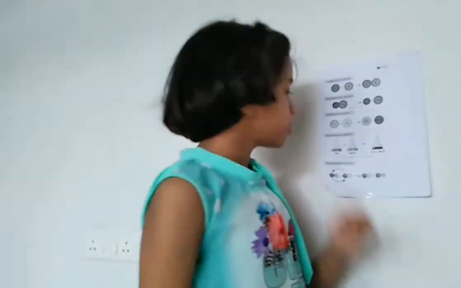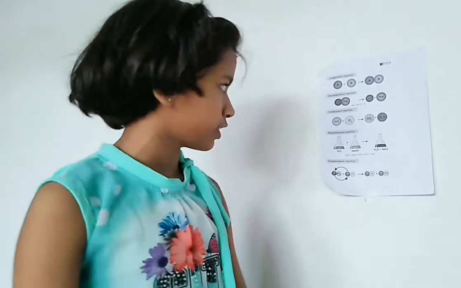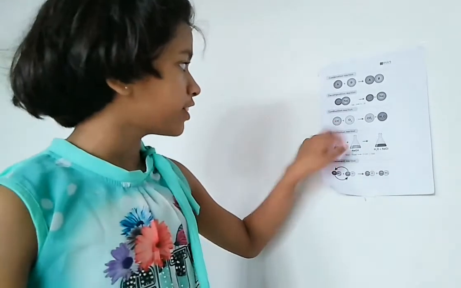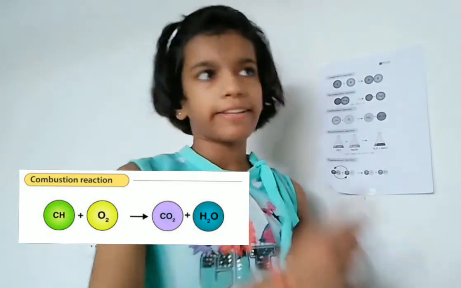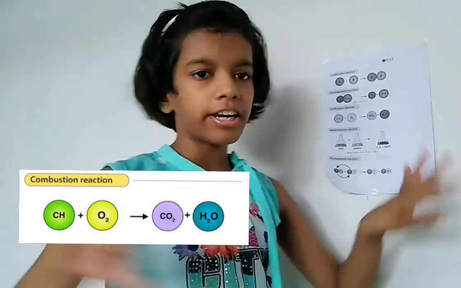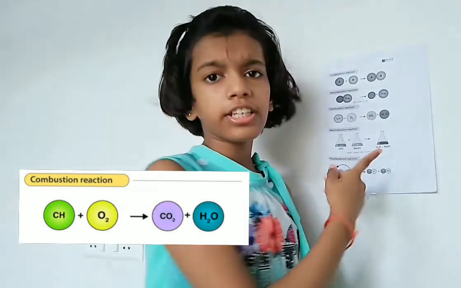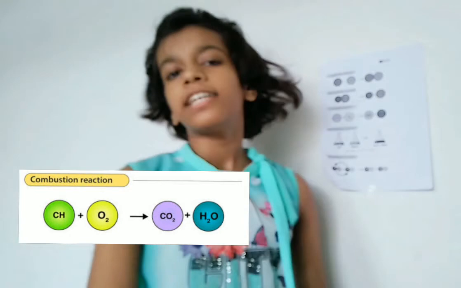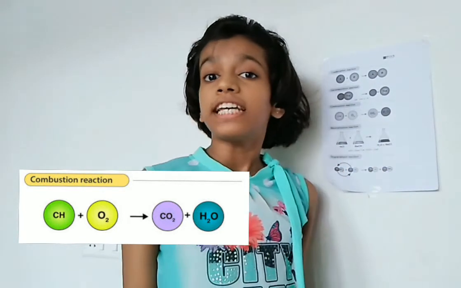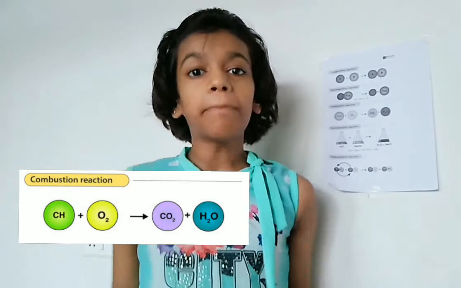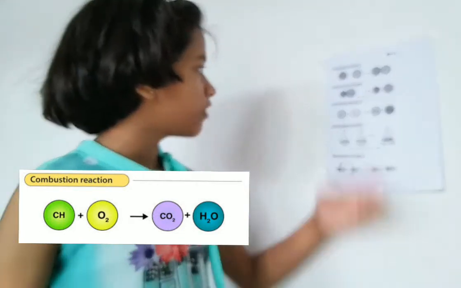Let me take carbon, hydrogen and two atoms of oxygen. Carbon and hydrogen are together and these two atoms of oxygen are together. Now they get mixed up and mingled. This oxygen comes with carbon and this other oxygen comes with hydrogen. Let me tell you my experience. When I was studying about hydrogen, I learned that water is actually created when hydrogen burns in oxygen. Isn't that so interesting? That is all this reaction is about.